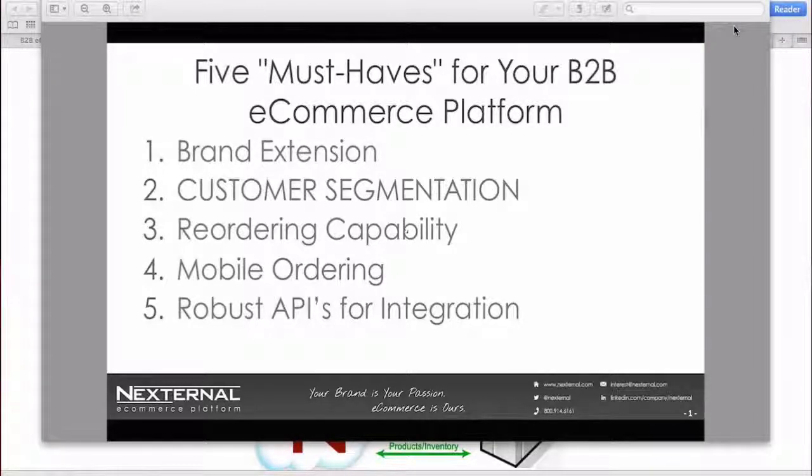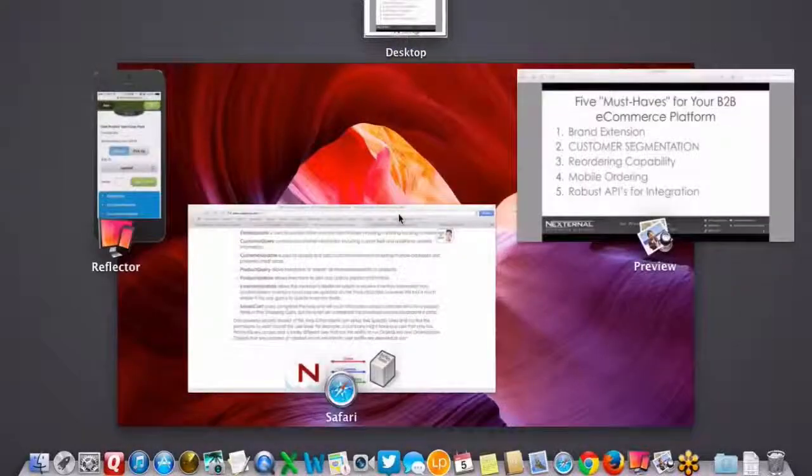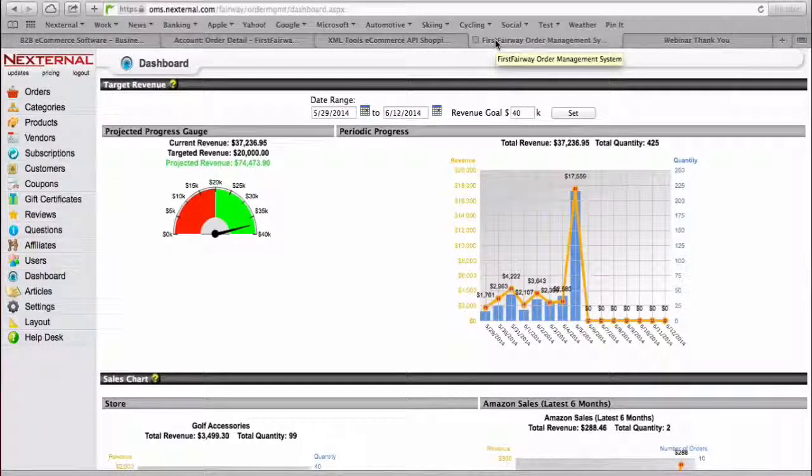First question is, can you show the back end and how to set up a business customer? Great question, and I came prepared for something like that. So we're going to show this is now what we call the order management system. This is the back end of Nexternal if you're not familiar with it. So if we go to the customer section,